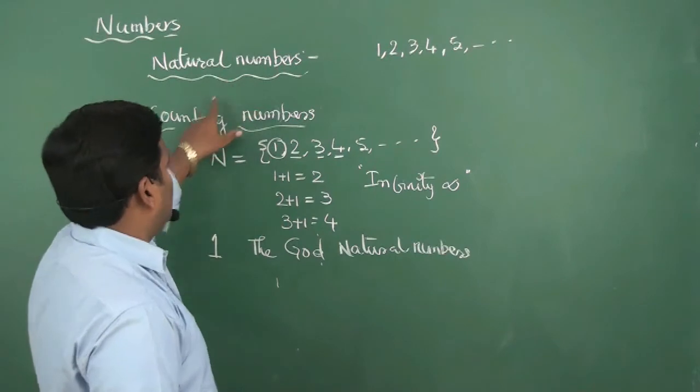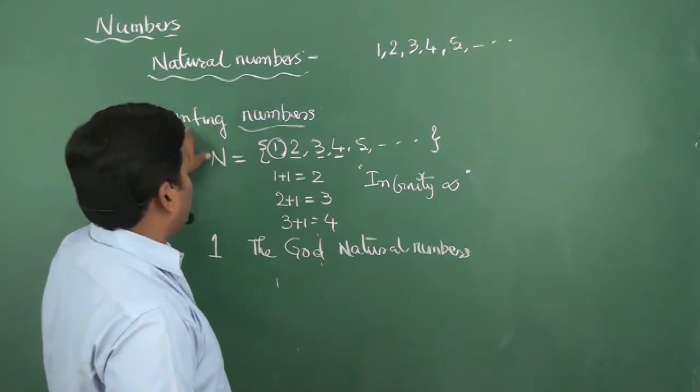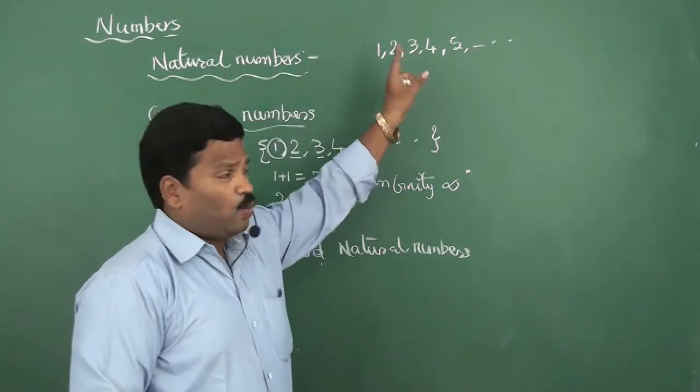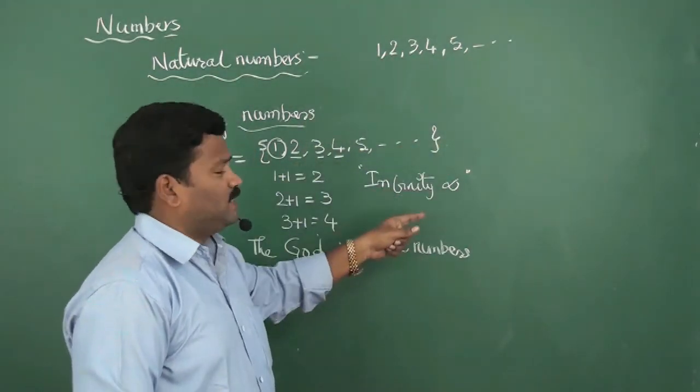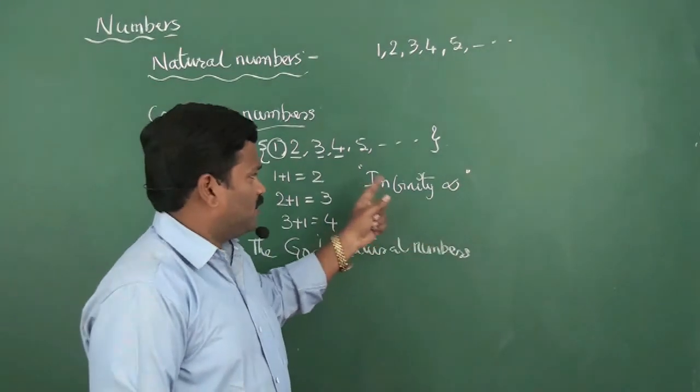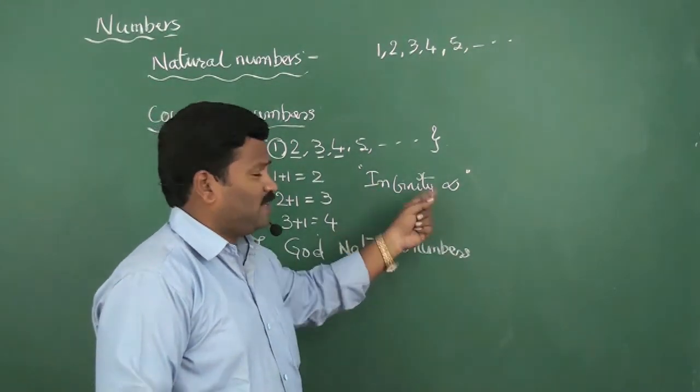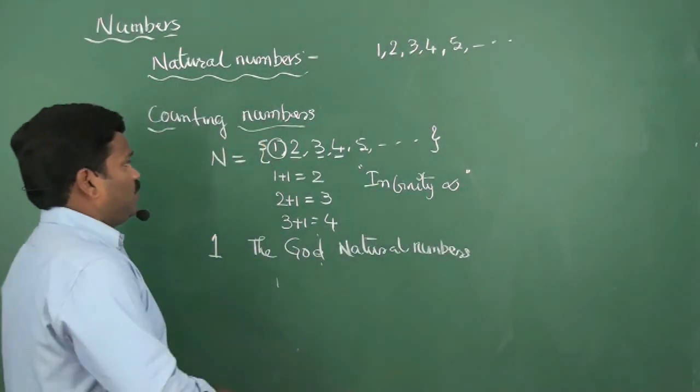Natural numbers are also called counting numbers. Natural numbers start from 1, 2, 3, and so on. The highest natural number cannot be determined. It is tough to determine, therefore its value is infinity. The least natural number is